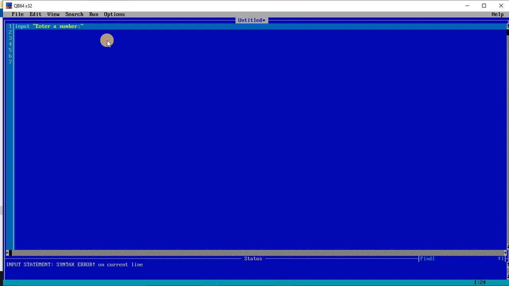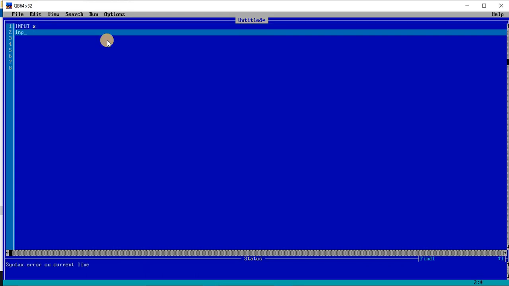Oh, I'm sorry, no need to give the value over a, like this expression over here. We can write input x, and then we can write input y.